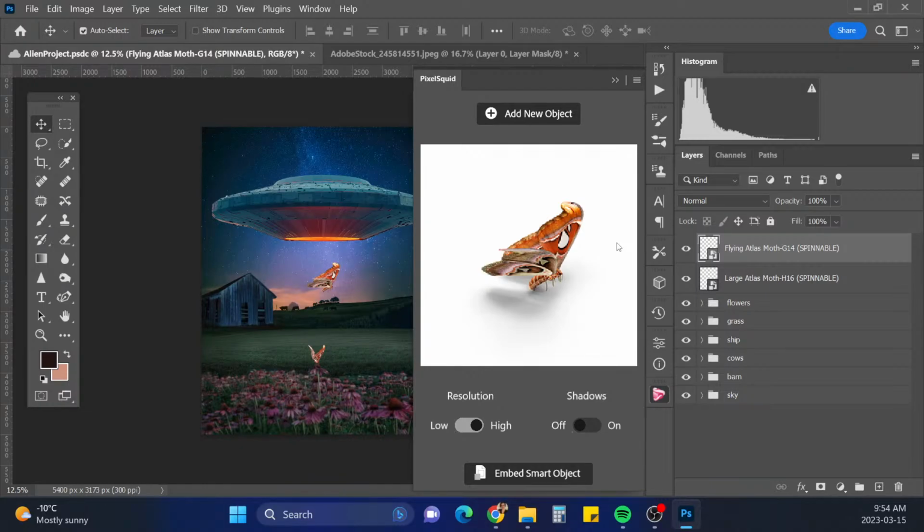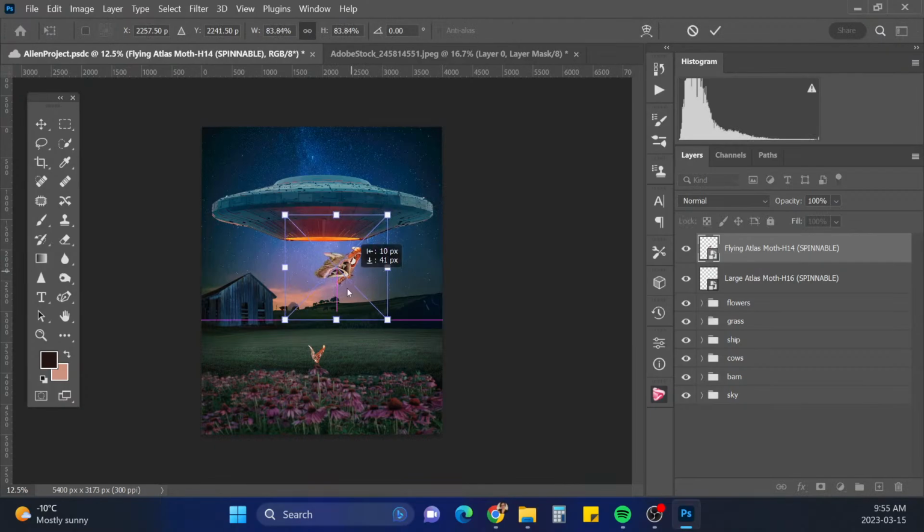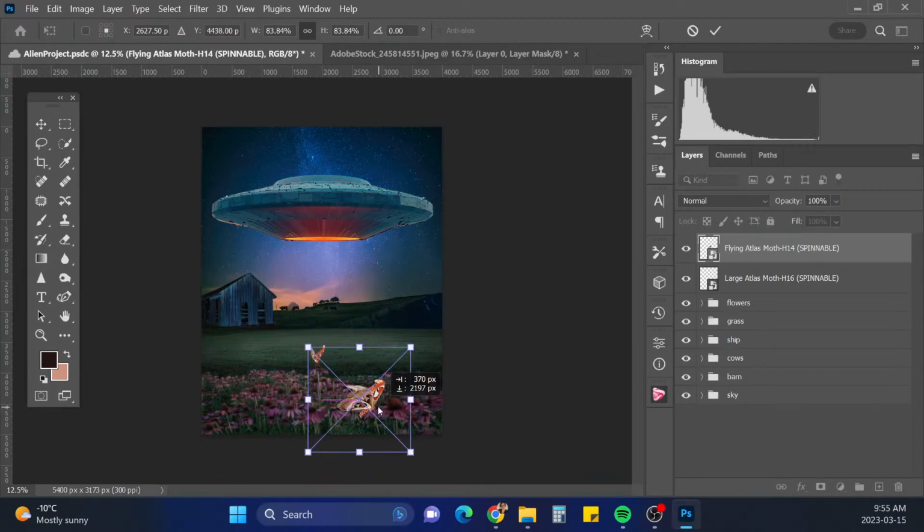The three emojis that came up were a butterfly, alien, and what was the third thing? A bear, like a teddy bear. So this is what came into my brain for that particular project. I'm gonna have this guy flying in the front.